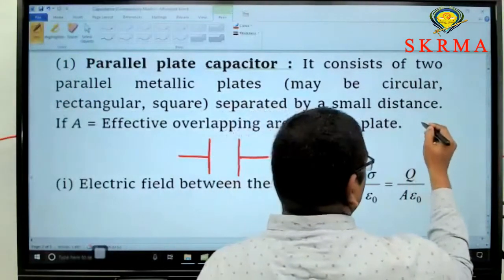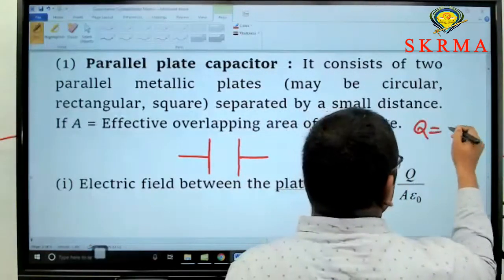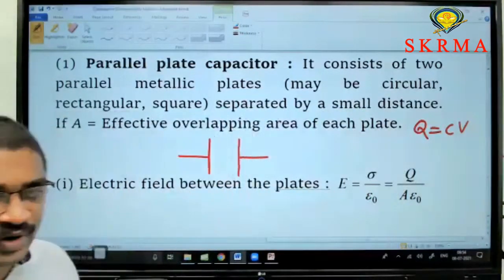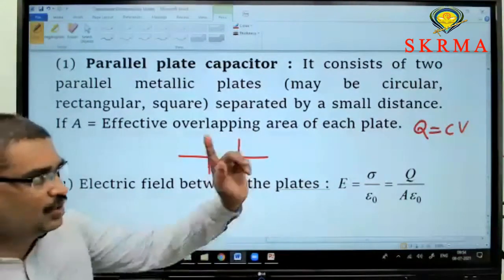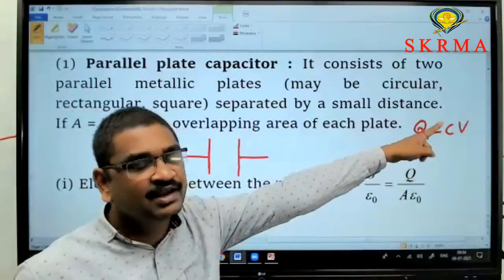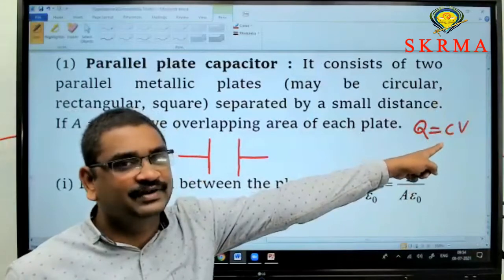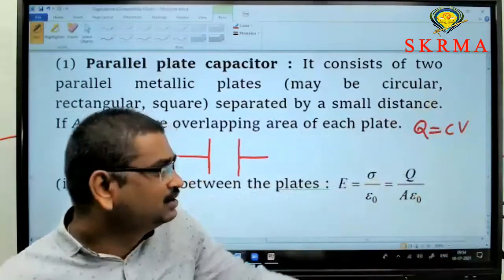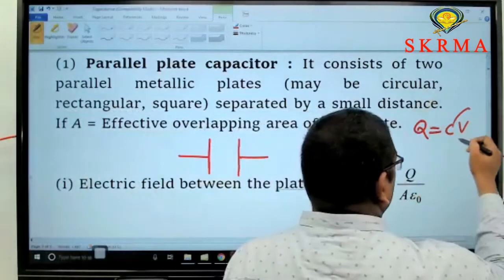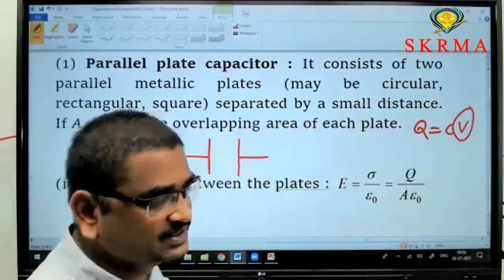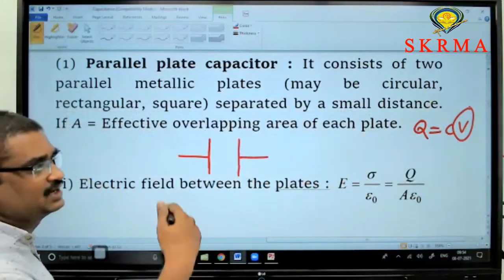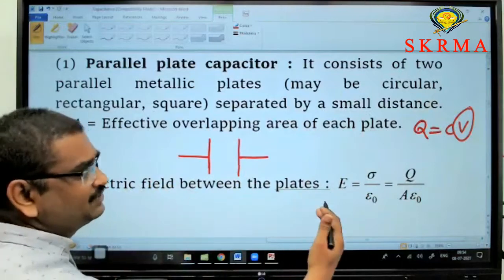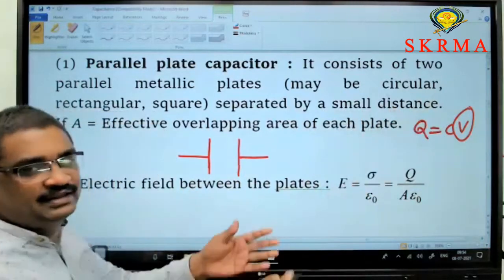You have to solve based on the equation Q equal to CV. That is the only basic equation for capacitance. For this, first we need to calculate the potential difference, and then substitute it there, and you will get the answer for